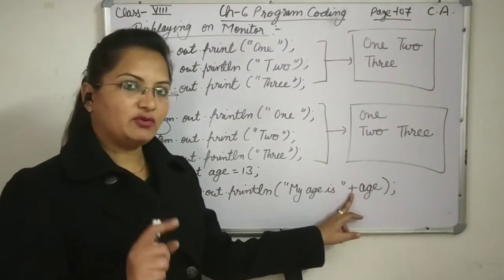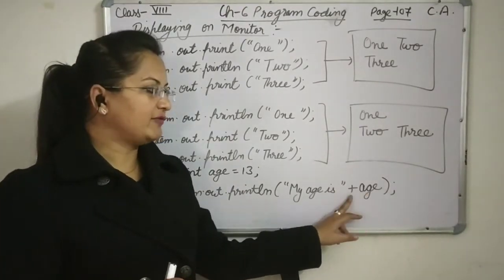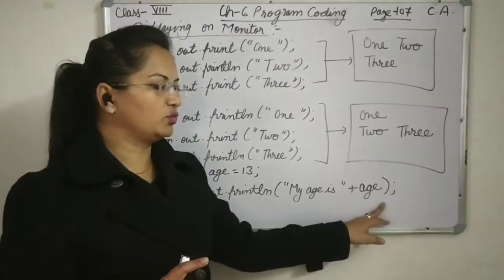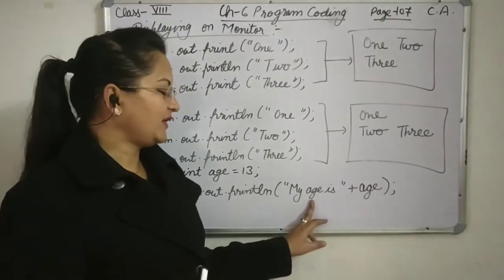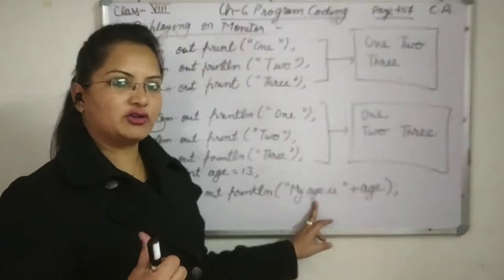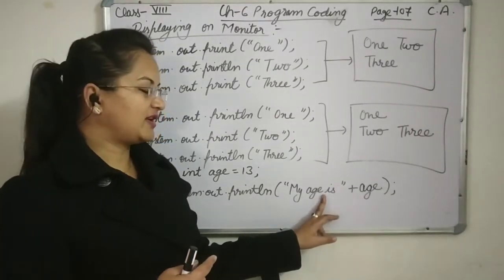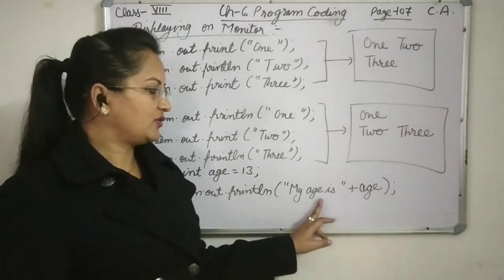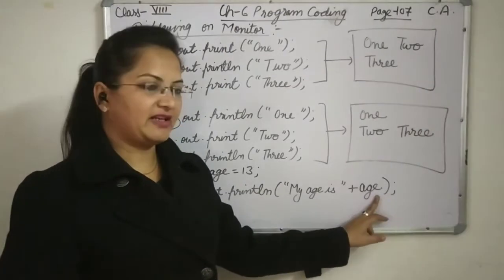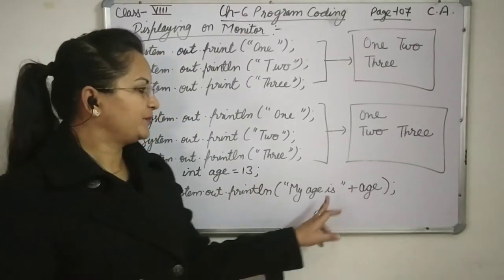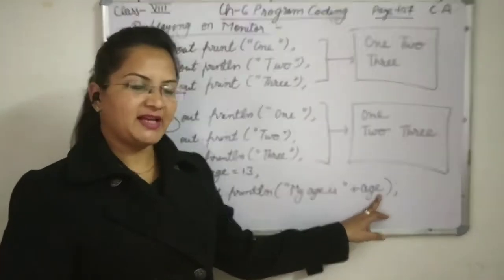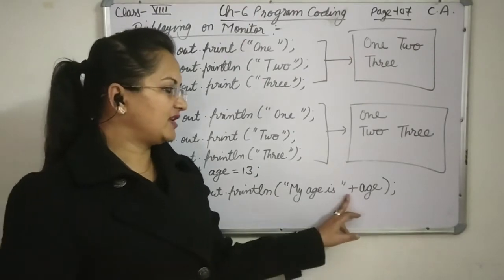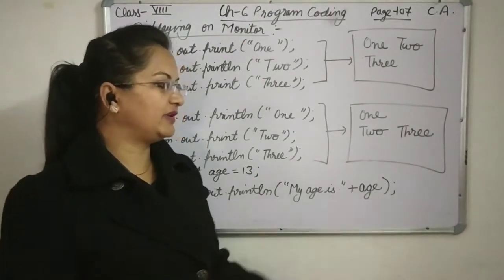now to display the variable value we have to use plus here. That means it will join these two. I have discussed this with you earlier also. Okay, that in strings plus can be used to concatenate two strings. So this is string and this is the variable, that means integer. So it will be converted into the string and will be printed because there is plus symbol here. So my age is space and then 13 will be printed.